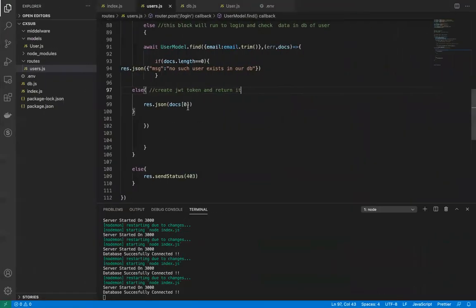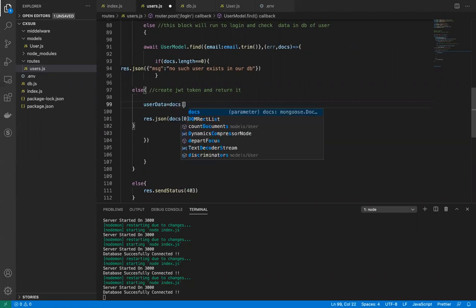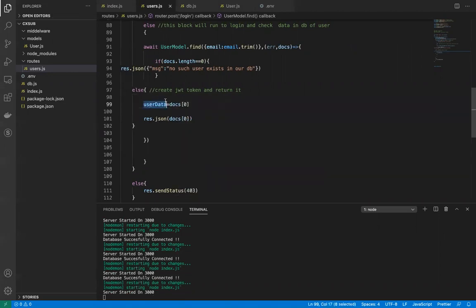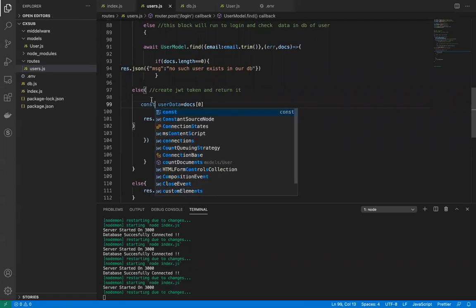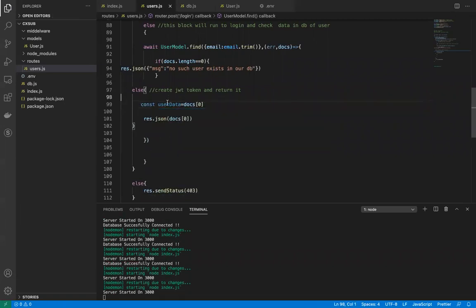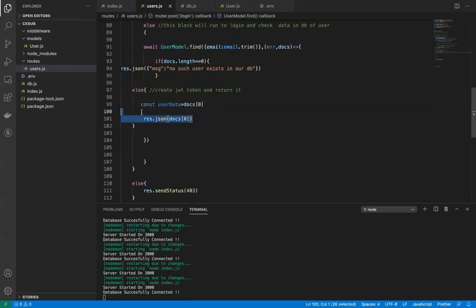To create a JWT token, we are going to create a variable over here, userData, equal to docs[0], like this. So userData will contain the value, we're just copying the value to userData. Now we can use JSON web tokens.